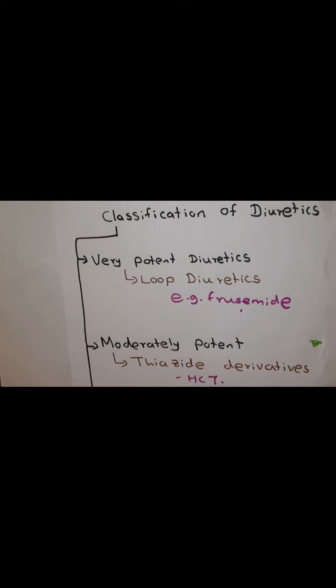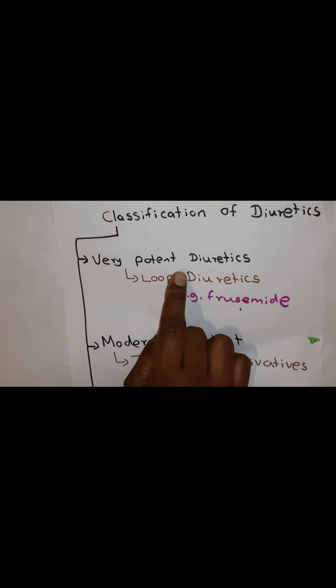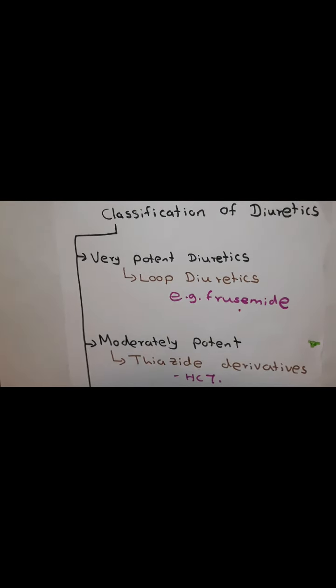We can classify diuretics according to their site of action as well as according to their potency. We can classify diuretics by the site that they act on the nephron, such as the thick ascending loop of Henle, early distal tubule, or the collecting tubules and ducts. But the most popular classification of diuretics is according to their potency. As I mentioned here, very potent diuretics, moderately potent